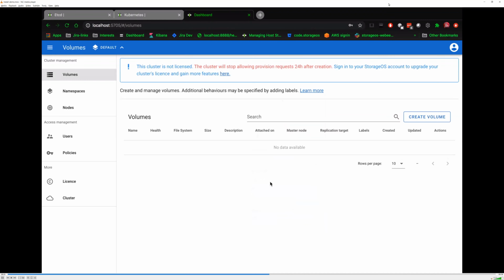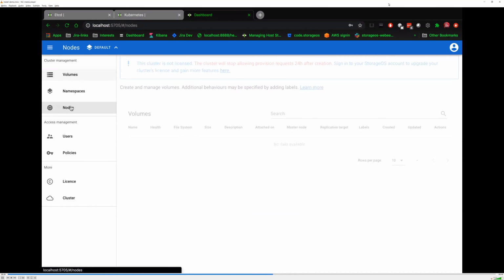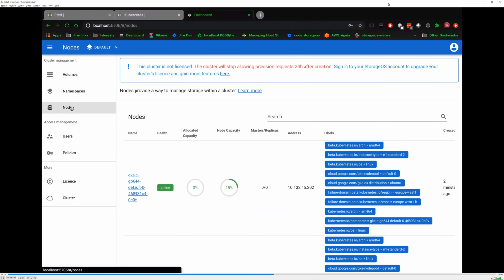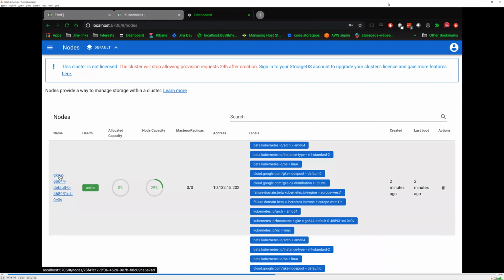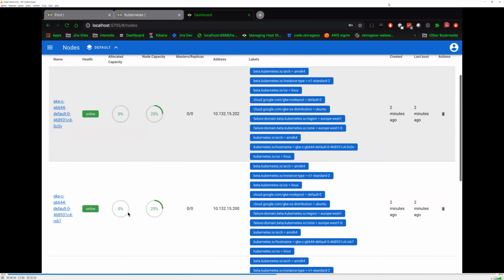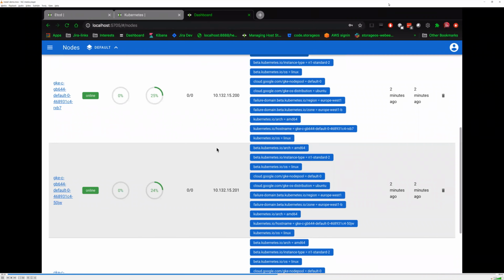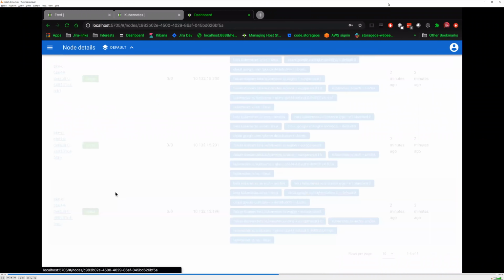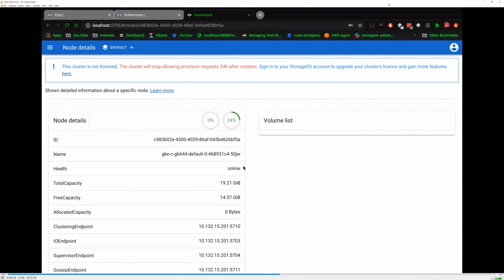So we can see now the StorageOS UI. We can also see the message that indicates that this cluster is not yet licensed. We will do that in the following steps. We can see the 4 nodes that StorageOS is running on. So those daemon sets are generating a StorageOS cluster, and we can see that there are no volumes being used